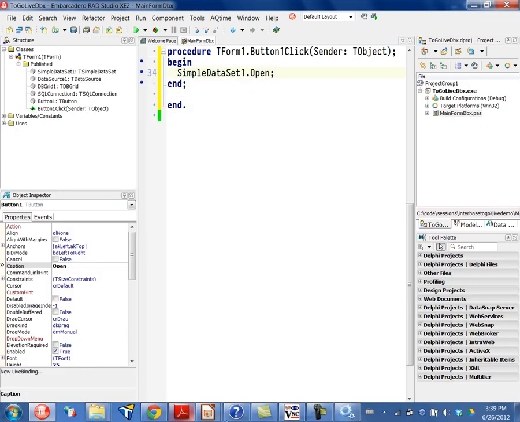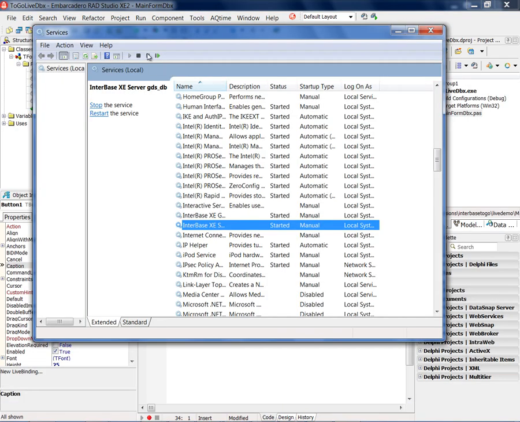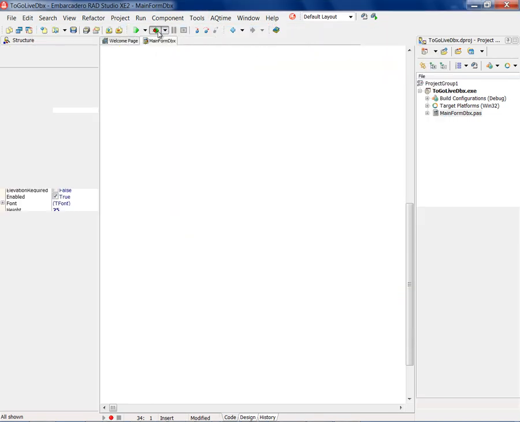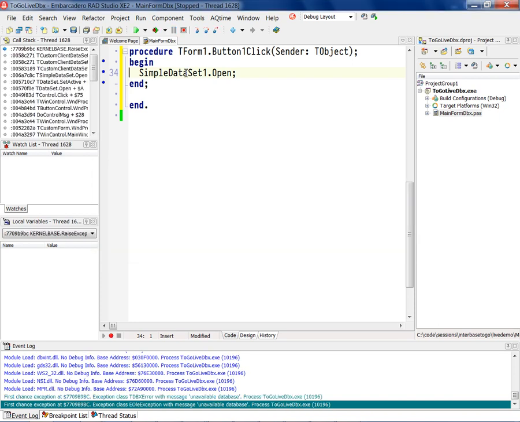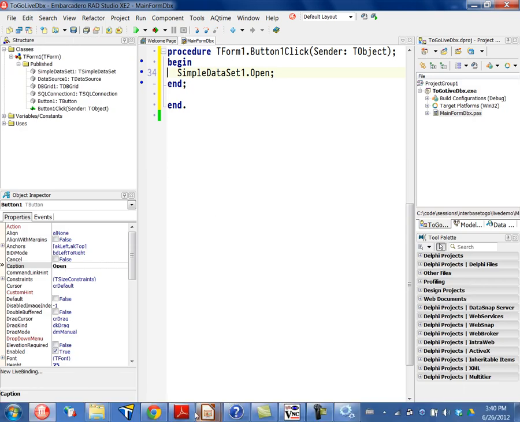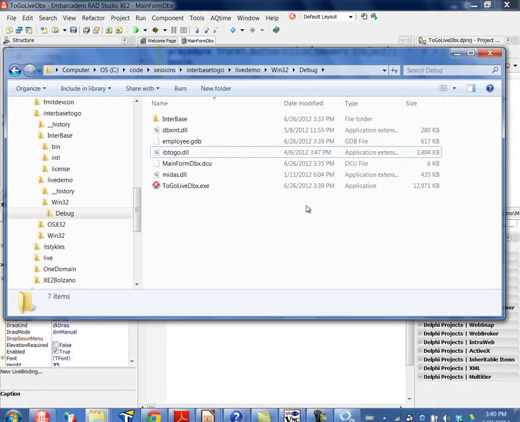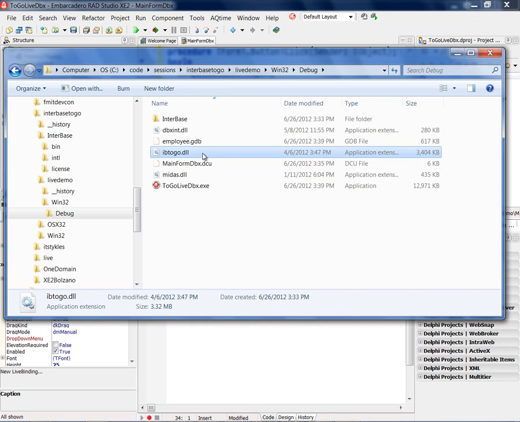If I now get to the services and stop InterBase, what happens in fact is that I run the application and, not surprisingly, it says the database is not available because it tries to load GDS32.DLL and tries to grab that information. Now, the simplest way around this issue is simply to get a copy of the InterBase ToGo DLL and simply rename it